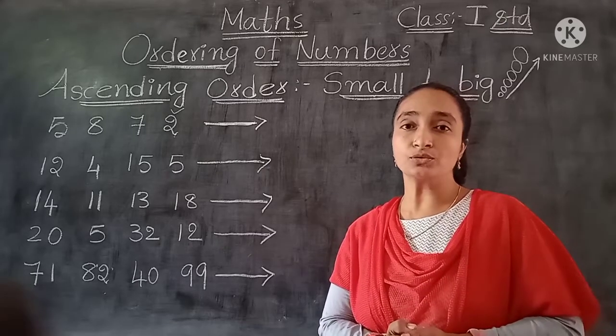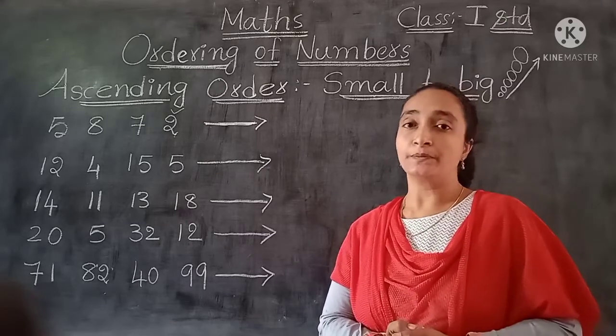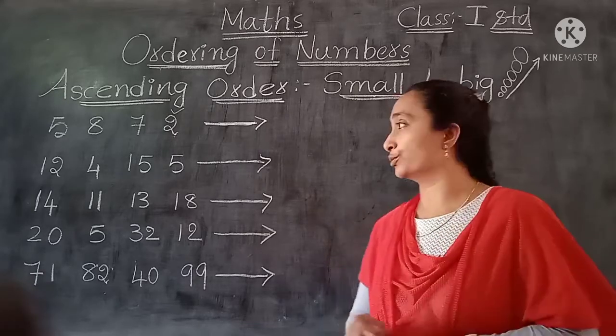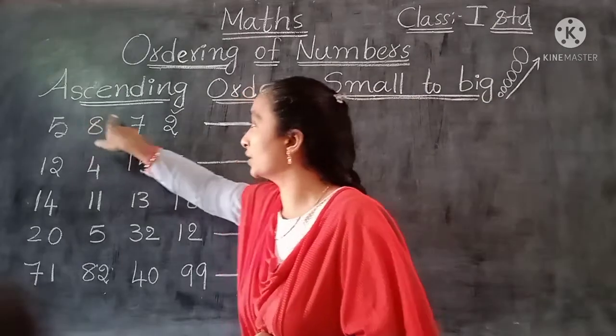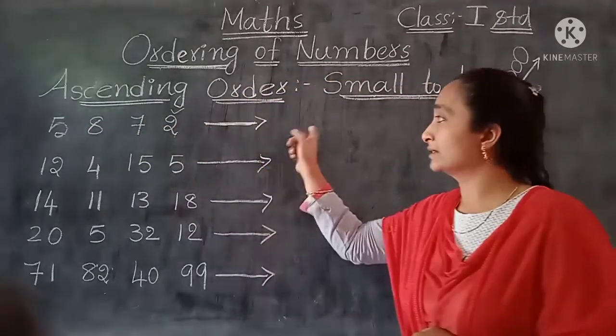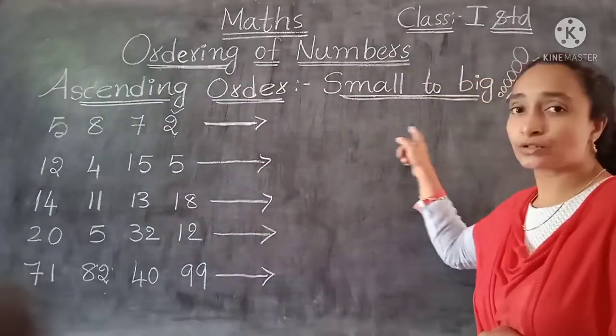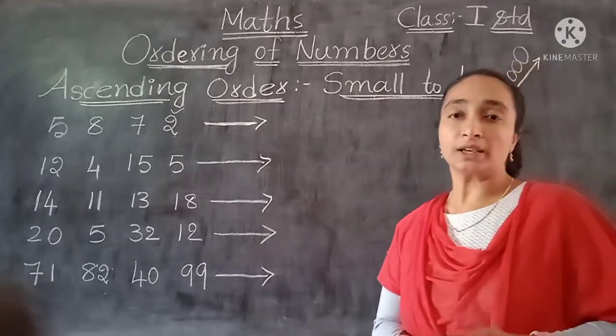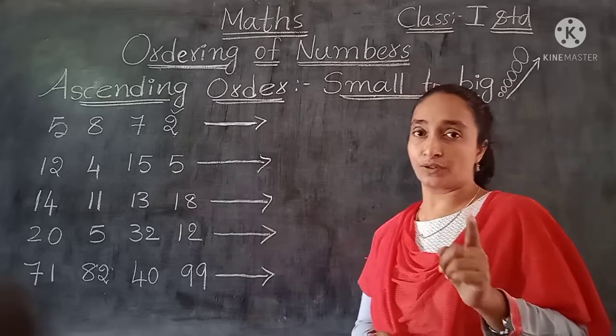So what we have to do, when you are writing the numbers, you have to give finger gap. One finger gap should be given in between the numbers. You have one finger, one finger, one finger. And when you are writing these numbers also, answers here, this also we have to give one finger gap, one finger gap, one finger gap. Okay, so give finger gap and you have to write.